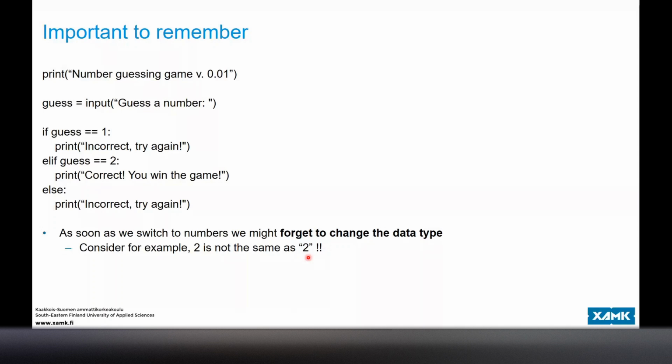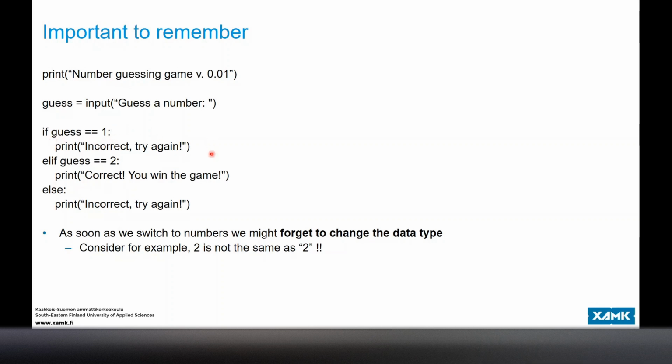So make sure that if you have a comparison that you also have the data type correct. Are you comparing a number to a number, or are you comparing a piece of text to a number? And if it is the latter, this condition will never work because numbers are different from text. And it turns out for all the possible data types, if you try to compare different data types with each other,